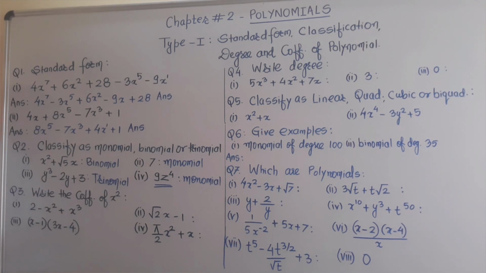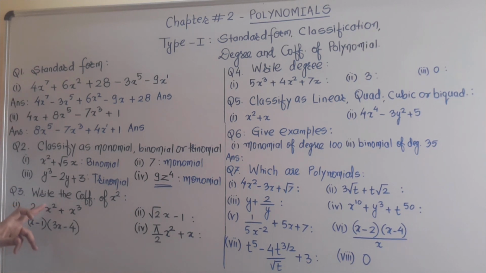According to the syllabus, we have these three kinds of classification according to the number of terms in the polynomial given to us. So once again I repeat, if it is one term, it is monomial, as you can see in the second and fourth parts. If it has two terms, it is binomial, and trinomial will have three terms. Here we shall not see the power of the variable, only how many terms are given to us.